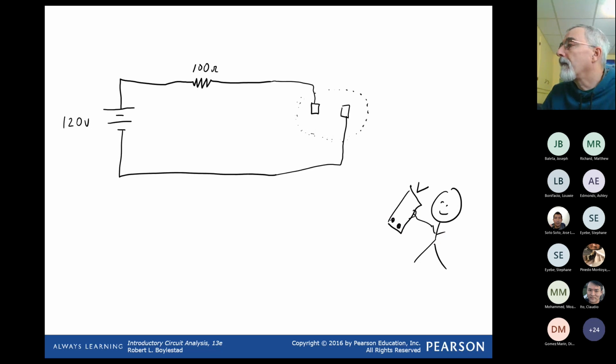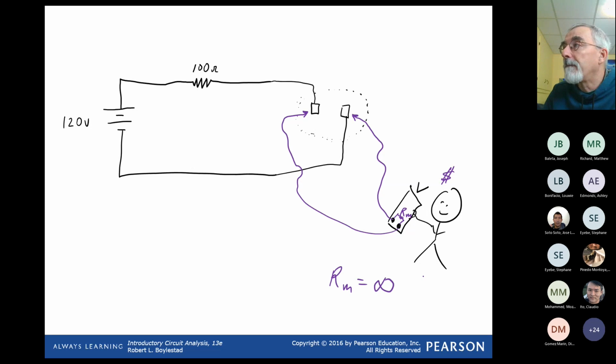And I'm going to connect one of these wires over here, the other wire over here, and see if I can measure the voltage. Now, because I bought a very good multimeter, inside the multimeter there will be a resistance, and this resistance, I'll call it Rm. Rm for a good multimeter is very close to infinity. What that means,